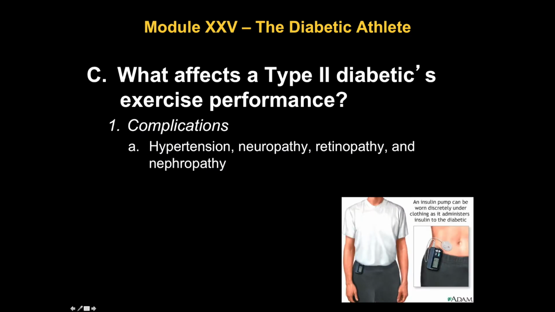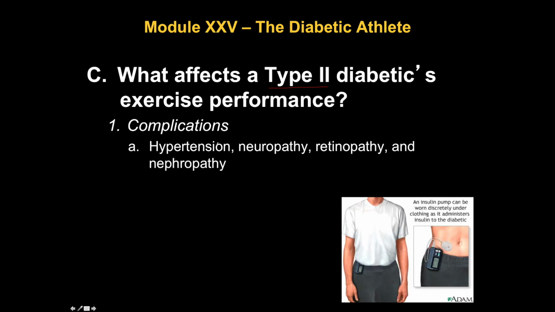What affects a type 2 diabetic's exercise performance? Let's first talk about what type 2 diabetes mellitus is. This is the kind of diabetes where there's plenty of insulin being produced, and in a lot of cases, there's hyperinsulinemia, so there's a lot more insulin. And so insulin is around and it's attaching to the receptors on cells. However, the cells are not responding with the movement of GLUT4 to the periphery of the cell to drag that glucose in. So they are considered insulin resistant. There's something wrong with the second messaging systems intracellularly that just don't allow the GLUT4 transport protein to bring in glucose.